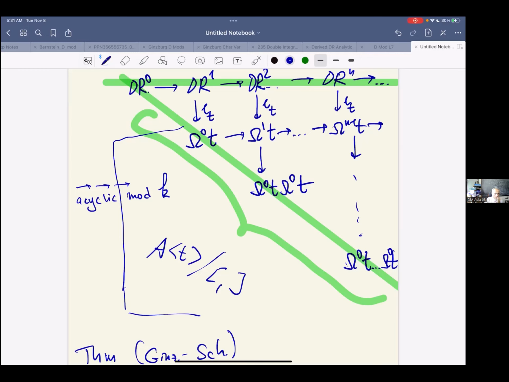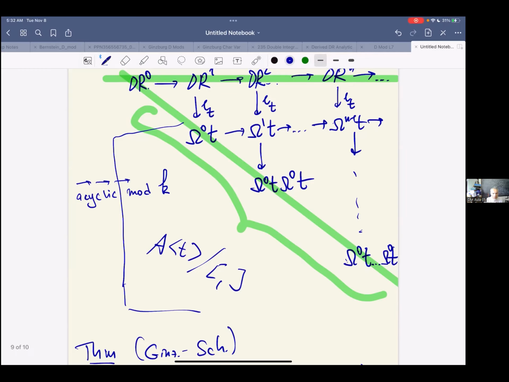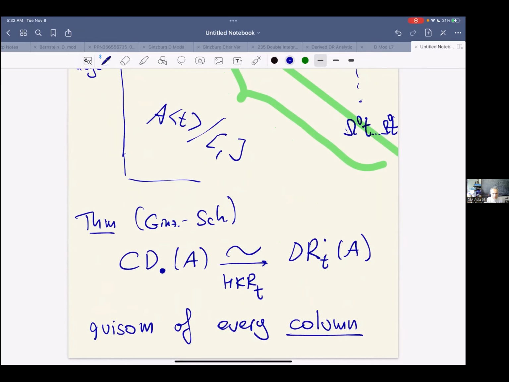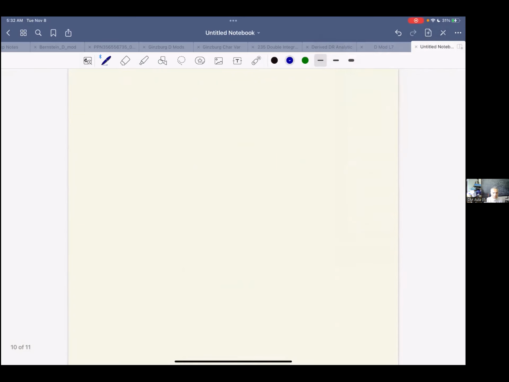So again, what you see here is just another way of writing the non-commutative de Rham complex, but it gives more of a statement, because you also basically get a new definition of Hochschild homology, because those columns, apart from the lowest, apart from the top, those columns are the Hochschild homology of your algebra. Okay. So this touches upon a couple of things.